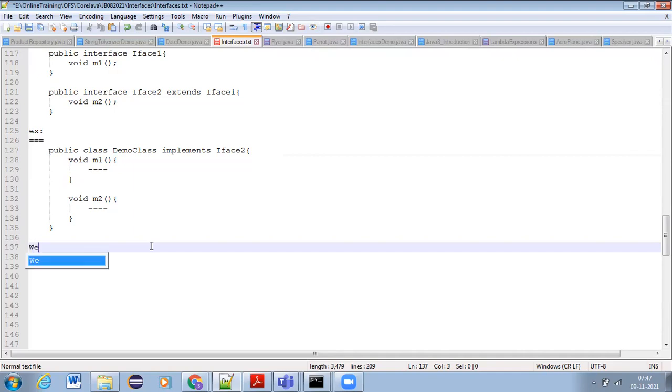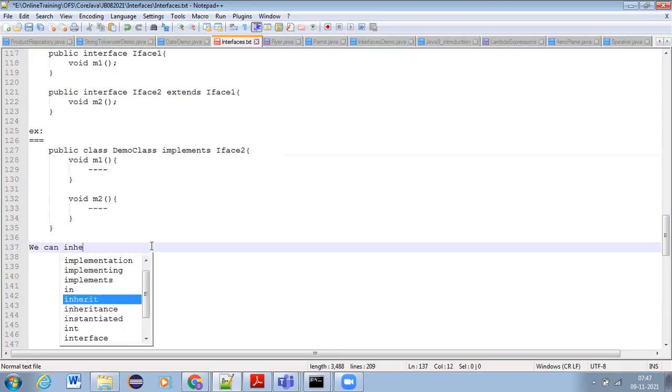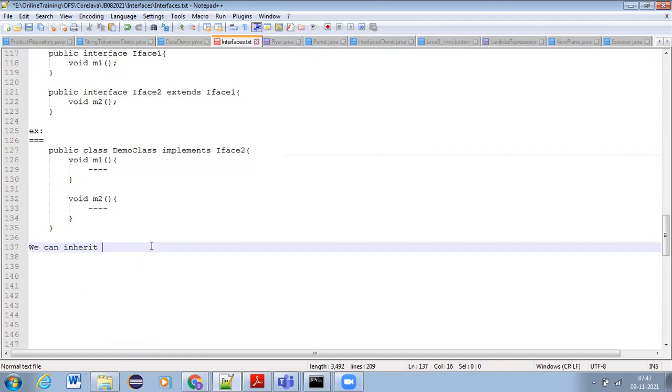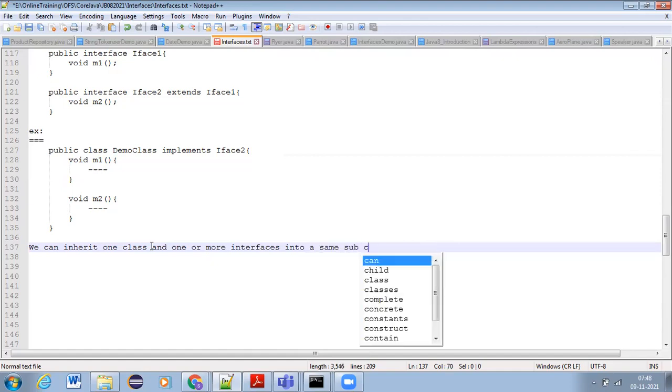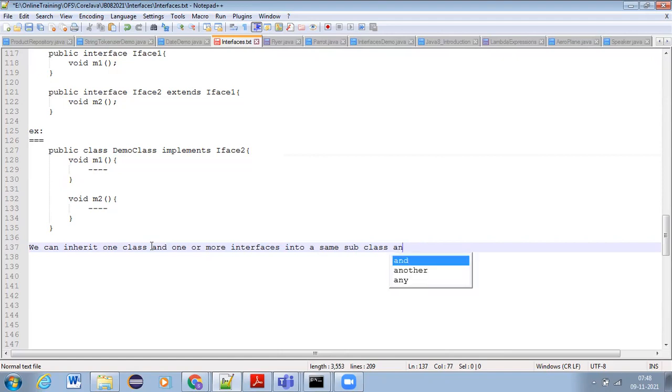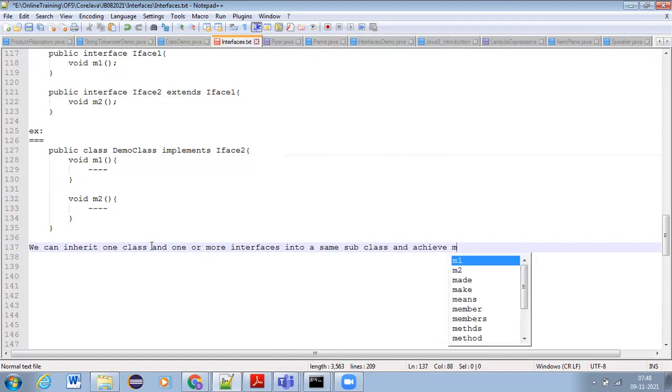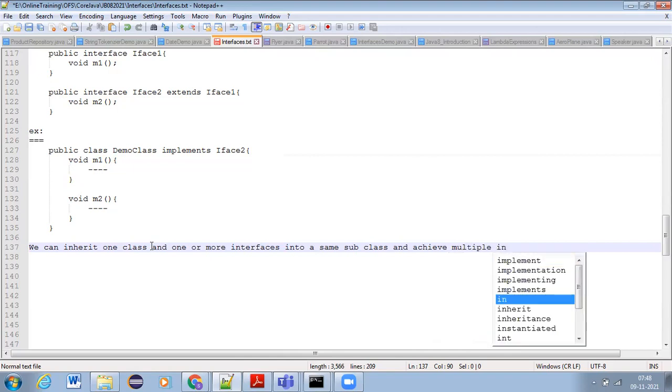So we can inherit one class and one or more interfaces into the same subclass and achieve multiple inheritance.